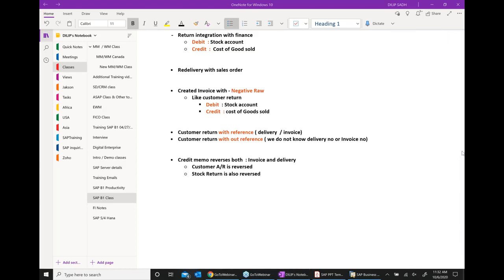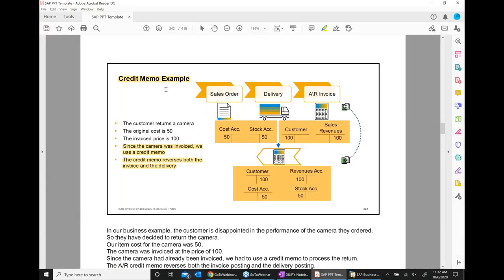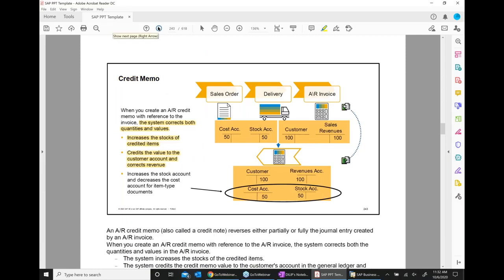Can we track over or short delivery in SAP? Yes, of course. You can supply any quantity. In the relationship map, you can see we talked about, right, in the class before, last week, where you can have more quantity in the delivery, you can have less quantity in delivery. We did that exercise also last week. Okay, so that is a credit memo. So what does the credit memo do? Let's do this exercise.